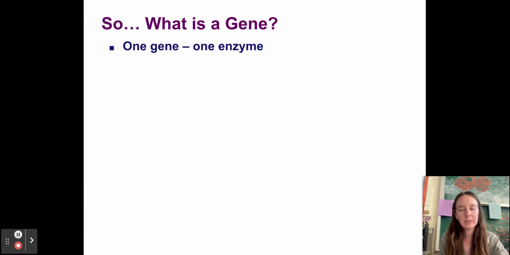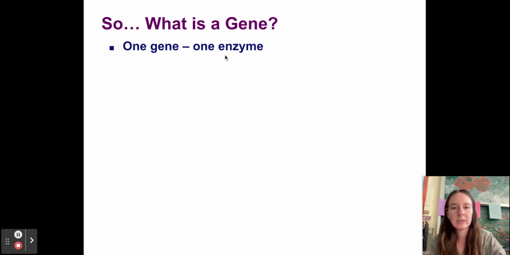So first, let's start with what is a gene. Scientists have been trying to figure out, okay, we know about DNA, we know that we have physical characteristics. Mendel told us a lot about how these traits are passed down from parent to offspring, but what's the connection between genes and our physical appearance? Well, some scientists thought that for every gene, remember, a gene is just a section of a piece of DNA, so a certain number of bases, nucleotides in DNA,